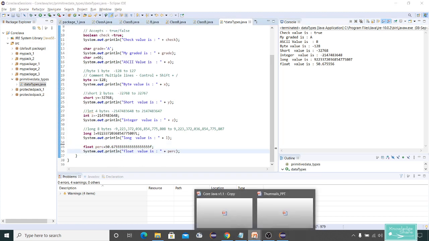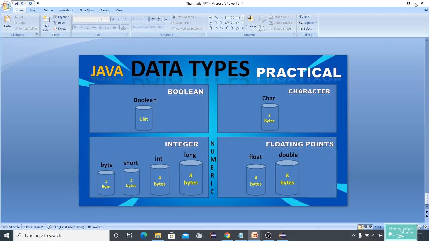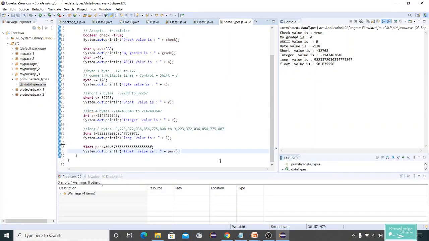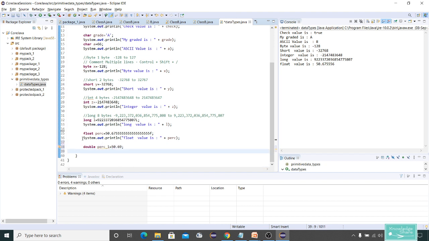Now let's switch to the next data type, that is double. It accepts 8 bytes. Now let me store it. Double, again percentage underscore 1, equal to 50.69. Let me print it. Double value is percentage underscore 1. See, I got 50.69. Let me specify D